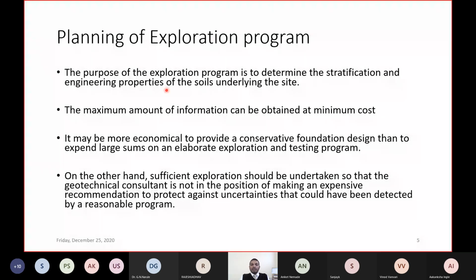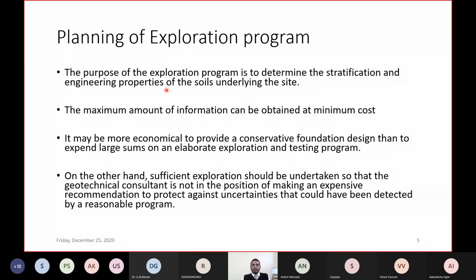It may be more economical to provide a conservative foundation design than to expend large sums on an elaborate exploration and testing program. On the other hand, sufficient exploration should be undertaken so that the geotechnical consultant is not in the position of making expensive recommendations to the project against uncertainty that could have been detected by a reasonable program. Okay,